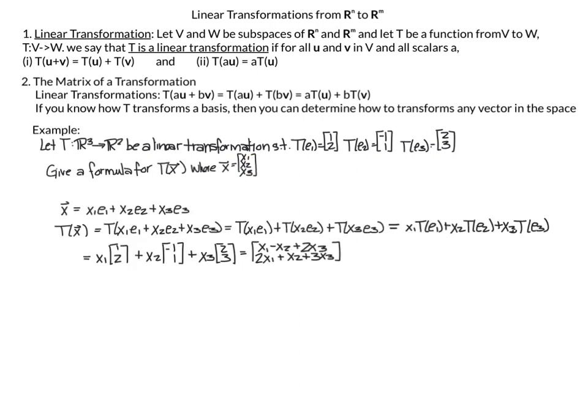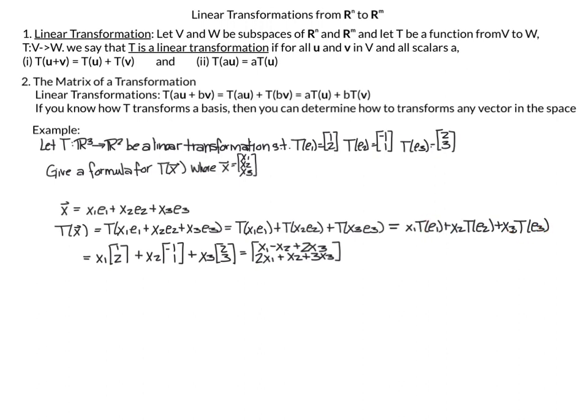And again, the first thing that we use is the fact that our vector X can be written as a linear combination of our basis. And then, after that, we plug in our linear combination into T. So here's X as a linear combination of our basis. We plug that into T, and what we get is, because it's a linear transformation, we can separate out each term. So T of x1 e1 plus T of x2 e2 plus T of x3 e3. And then again, because x1, x2, and x3 are all scalars, we can pull them out. So it's x1 times T of e1 plus x2 times T of e2 plus x3 times T of e3,